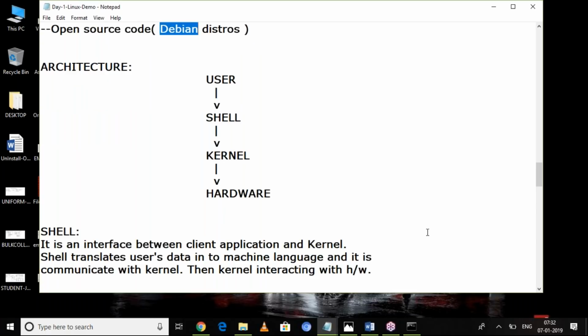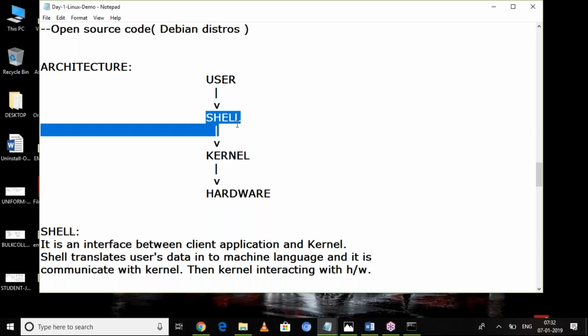Okay, what is the architecture? How can I interact with Linux? See, you are the user. You want to work with Linux. What will you do? Start your system. Then Linux will provide one environment. In that environment, if you want to execute commands, then use shell.